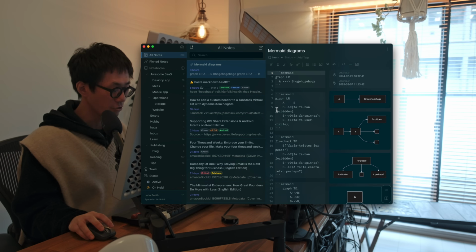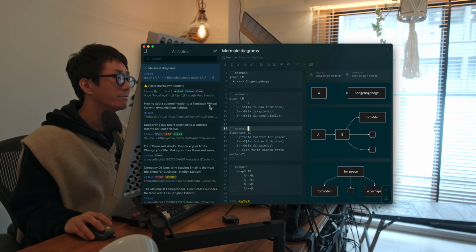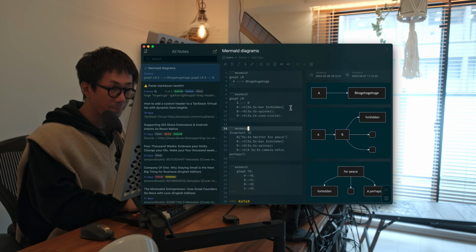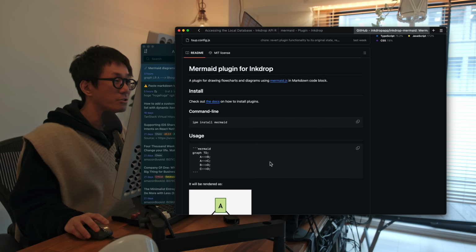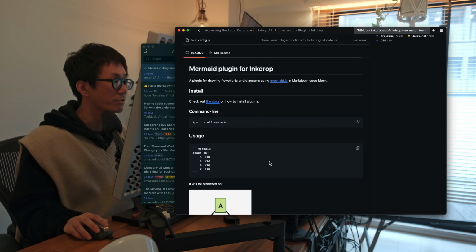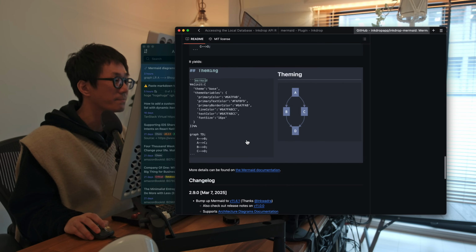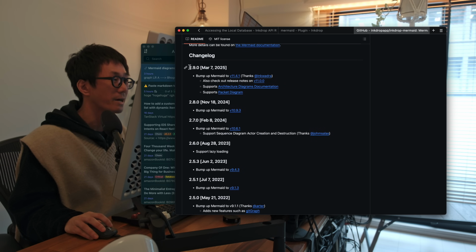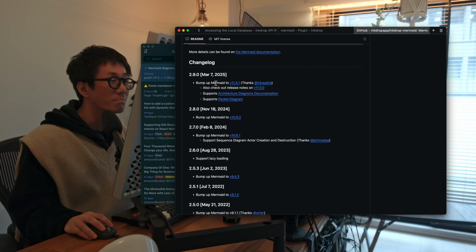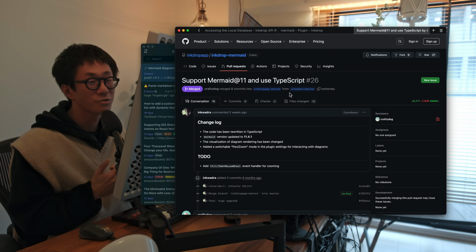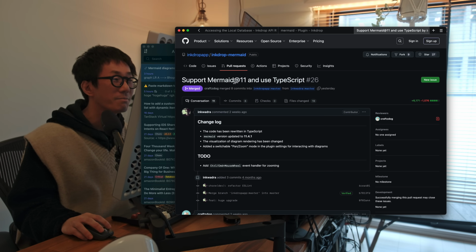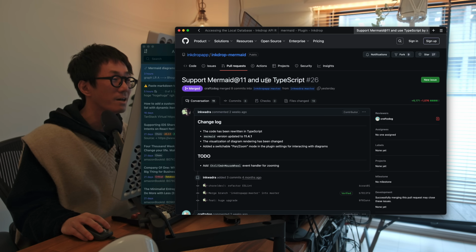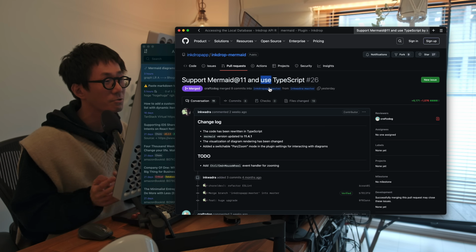And then the next news is mermaid diagrams. Today I've released a new version of the mermaid plugin for Inkdrop, which is version 2.9.0. It supports mermaid version 11, thanks to Inkwadra's big contribution. Thank you so much. So he upgraded mermaid to version 11 and migrated the codebase from JavaScript to TypeScript by